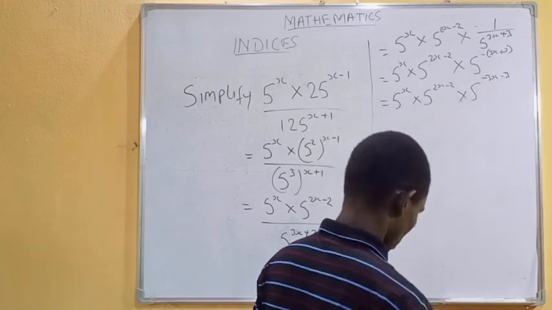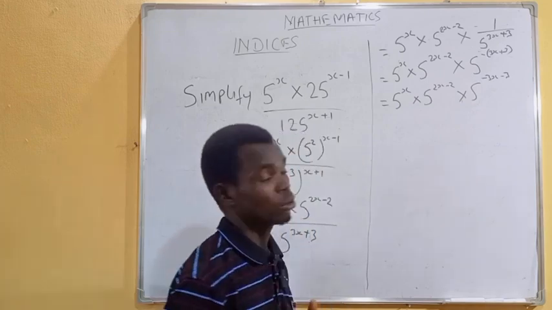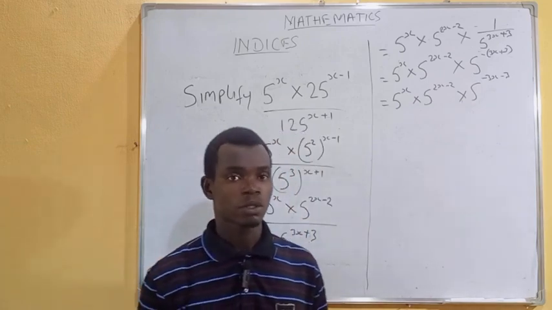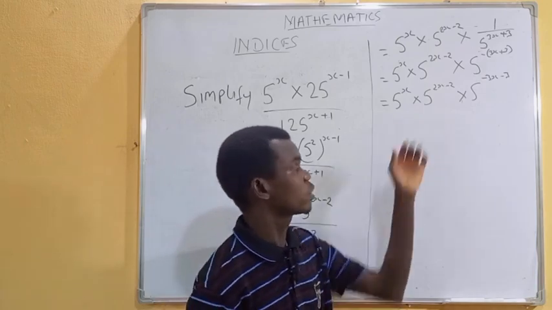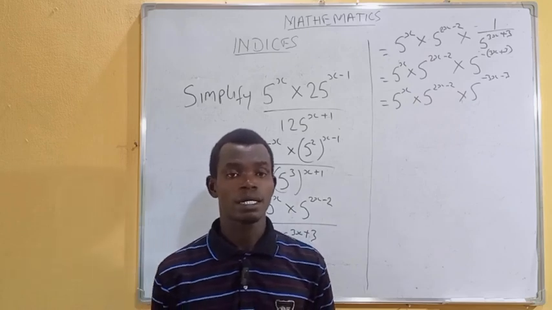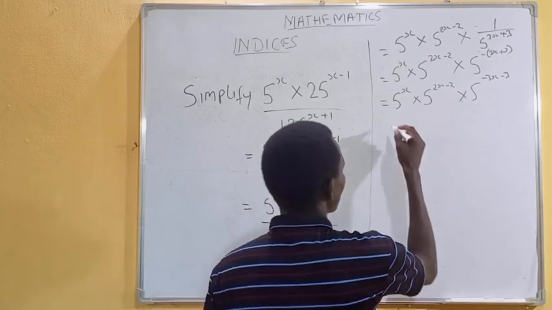So from here, we have changed it to multiplication law. In multiplication law, we say that if they have the same base, their powers are added. So it will now be equal to